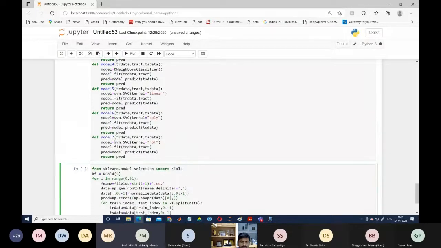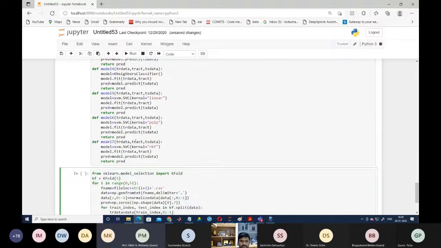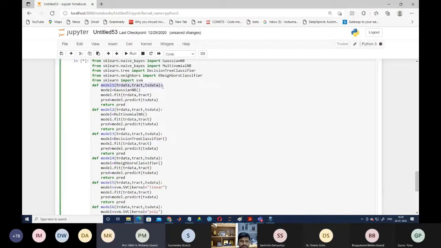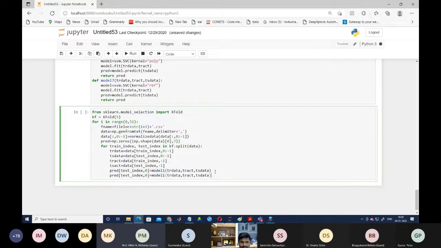We are using a total of 7 models. So we are writing 7 models. Now we are going to store this value, predict of this test index, comma 0, equal to, we are calling model number 1, model one, and in the same way we have to call the other models.